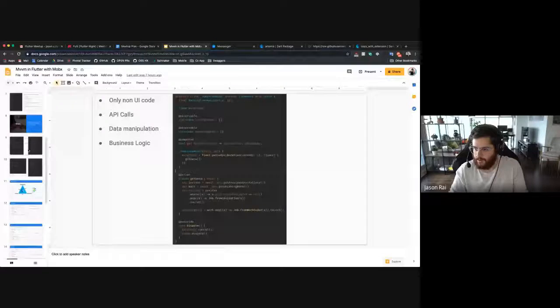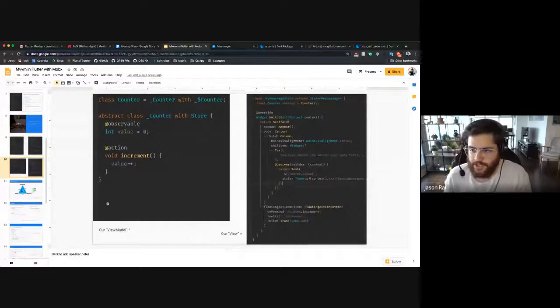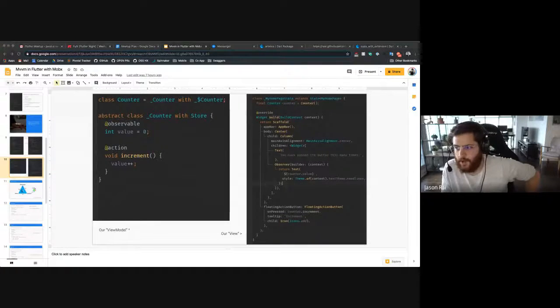Yeah, so question about the code generation in MobX. I'm happy to bring it back up here. Want to make sure everybody fully understood. So if I go to the counter example, there was a question about how the code generation works in MobX. The way it works is the generated code that MobX is making is basically adding code in the getter and setter for your observables, so it can track that they were used. And how it does that is you create an abstract class, and ideally you make it private so that you